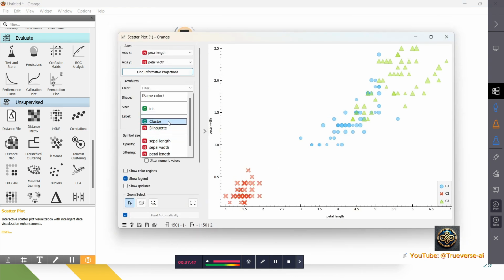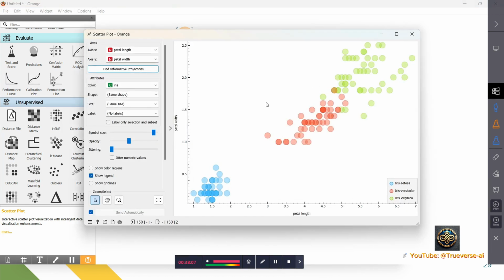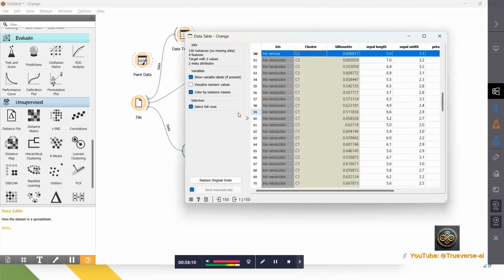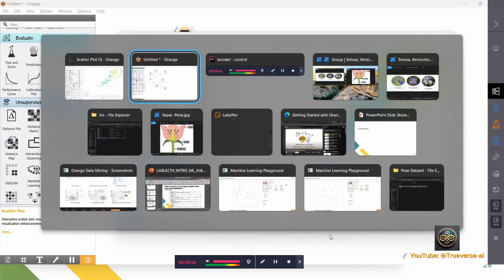So the cluster data comes here. The label you can define based on the iris raw data or based on the cluster. Shape can be defined based on the shape difference. Here you see all shapes are the same, but here you can go based on the size, based on the petal width. This visualization helps you understand that this flower